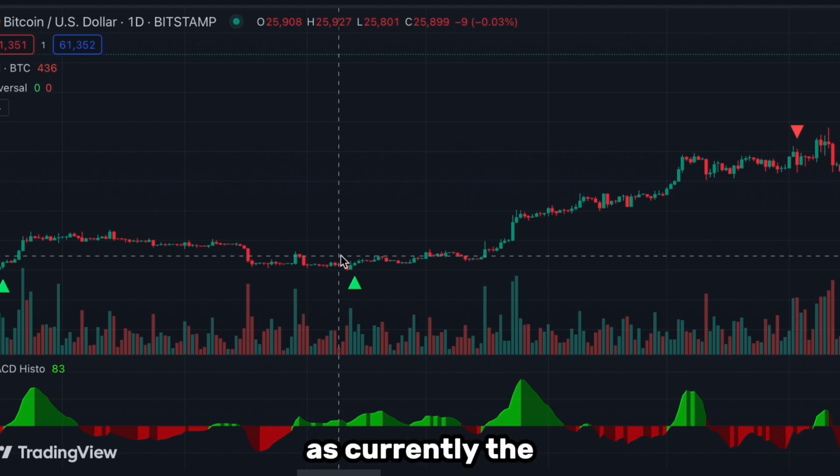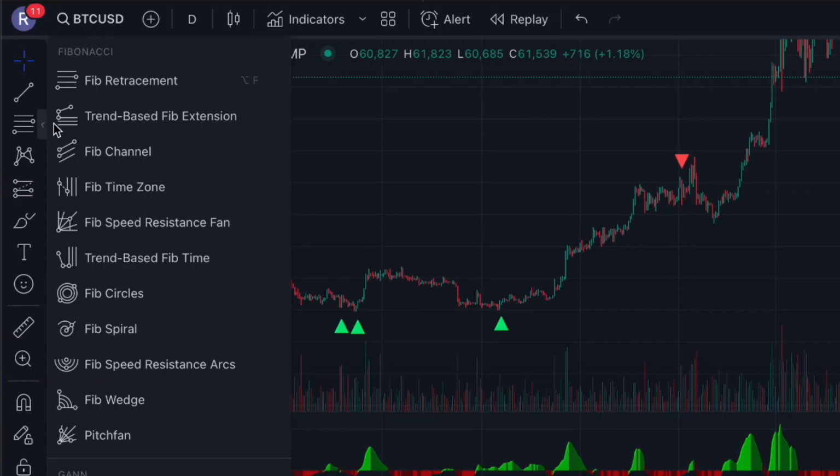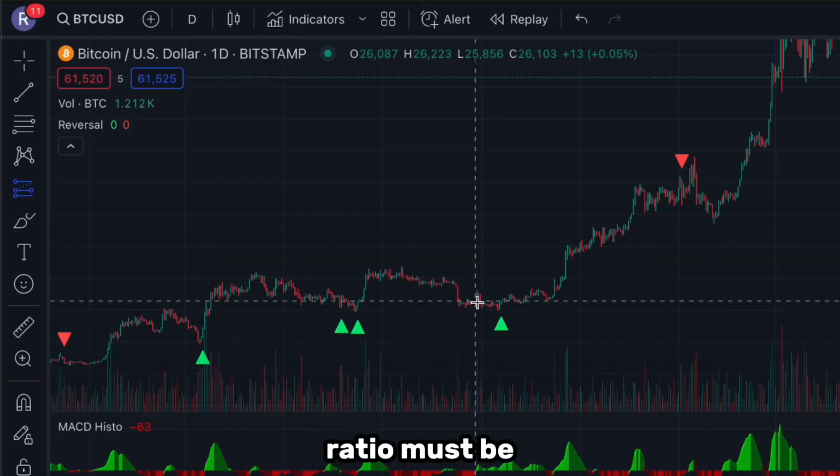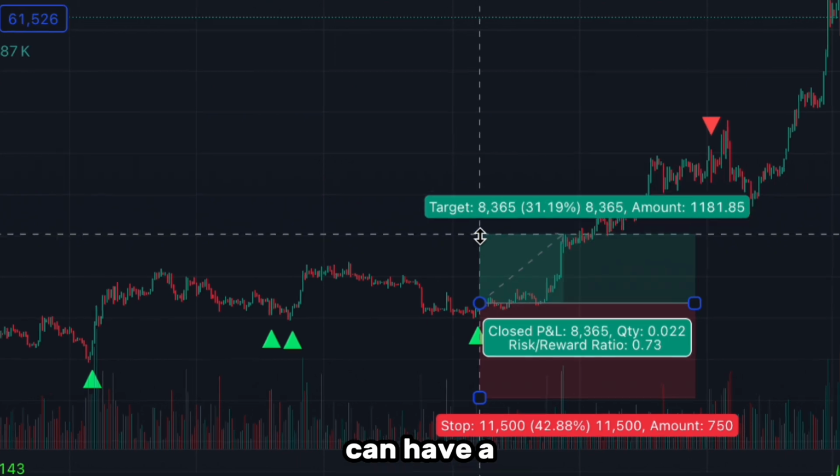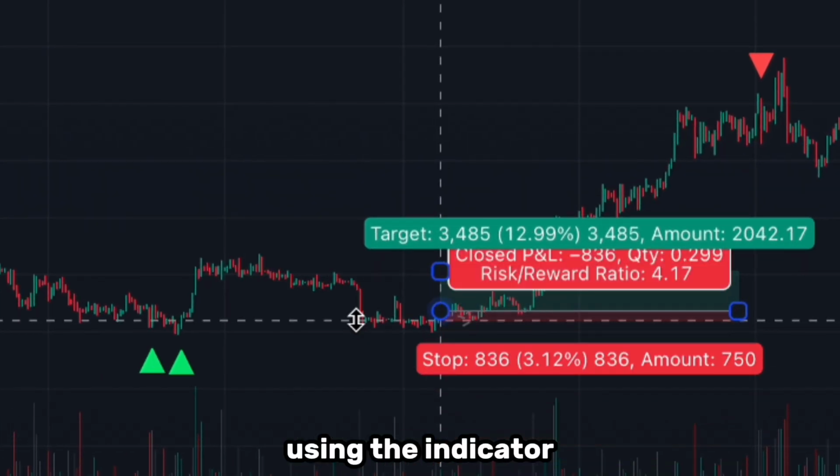As currently the chart is in a sideways region. Basically, when sideways, the area will form a strong support region. As a result, we can plan the support or cut loss there. Now the chart is at a relative sideways region, so we can start to plan our risk-reward ratio. The risk-reward ratio must be more than 1 so that we can have a reward-biased trade using the indicator